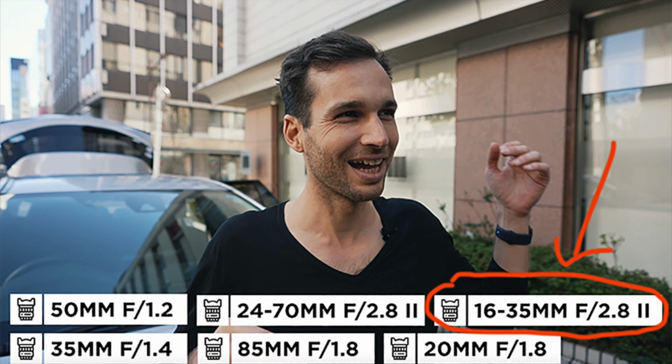Anyway, it looks like maybe, and that's a very big maybe, some Sony ambassador and YouTuber is already testing that lens. For that, check out, for example, the last video from Pierre Lambert. He's showing, probably by mistake, that he's shooting with his 16-35 GM 2 version. I don't know if that's just a typo, could be that he made a typo, or if he's really owning the new lens, and he